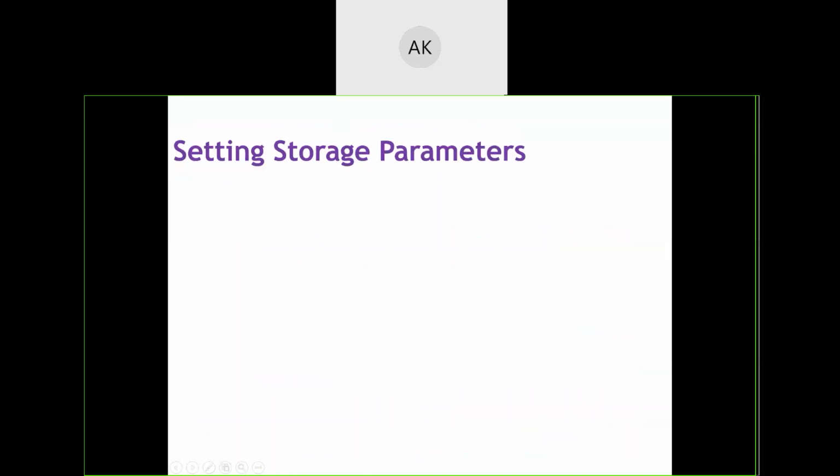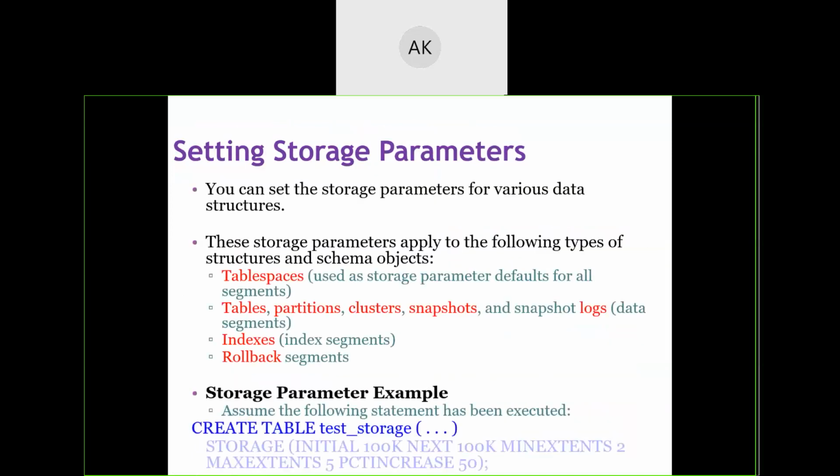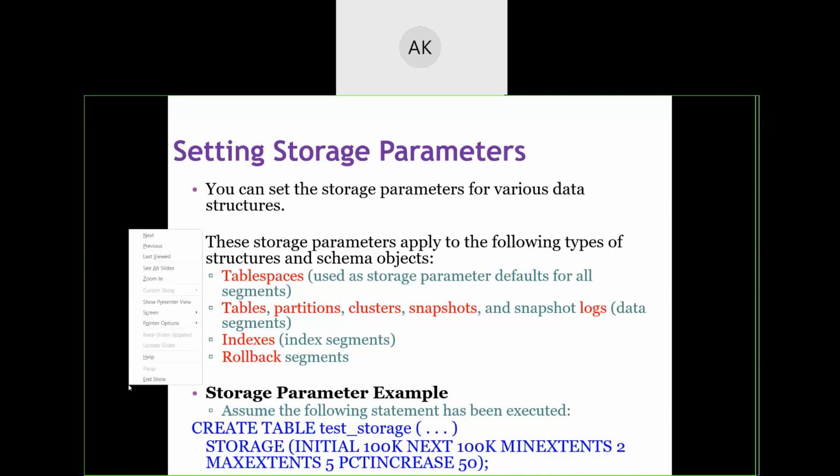Now coming to storage parameters, we have discussed that there are various parameters. For example, at the time of allocation of space for a particular table, as an example, a schema object, how much initial amount of table space should be allocated? I have specified this using a parameter called initial. 100K, I am saying 100 kilobytes. Once the 100 kilobytes is over, how much next extension should be done? Next block of memory, how much should be given? 100 blocks of memory.